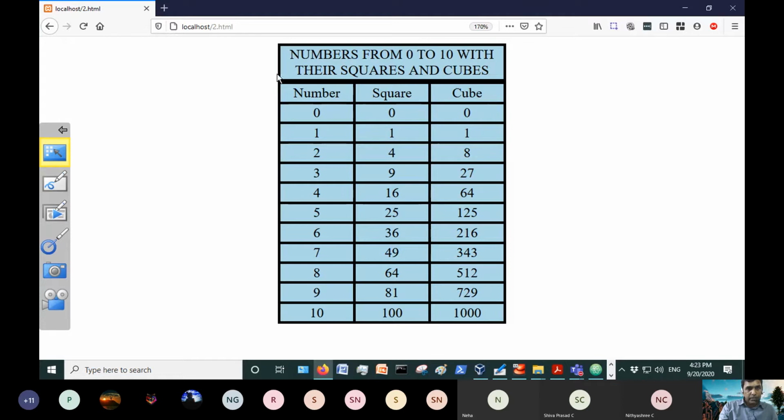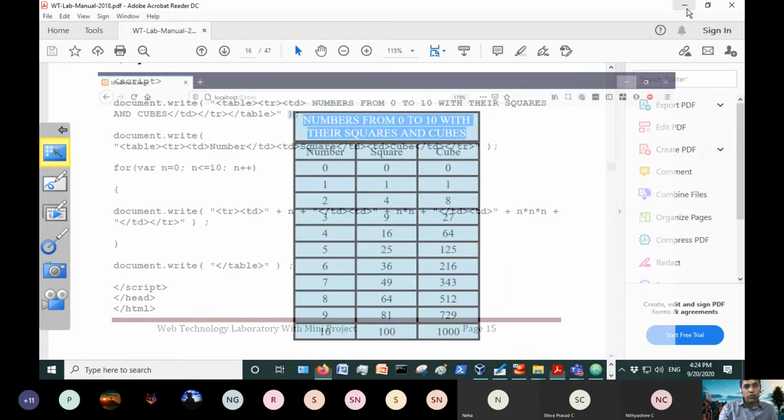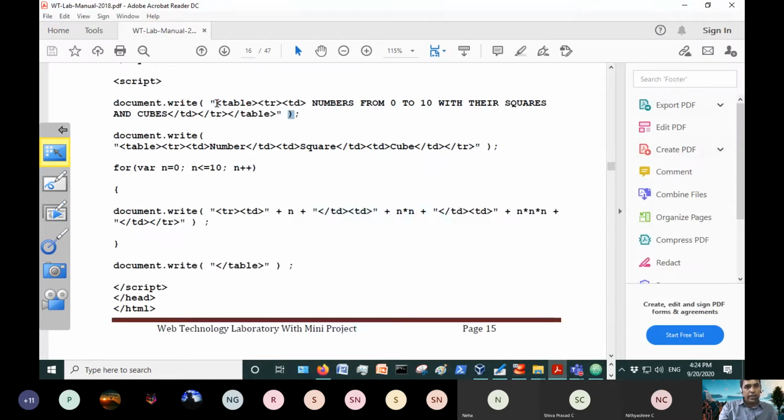This is one table which I have created, where I will display numbers from 0 to 10 with their squares and cubes. Now how do you do that? In document.write, within quotes we have given it. Keep that in mind: whenever you use HTML tags, you want the HTML tags to be printed.